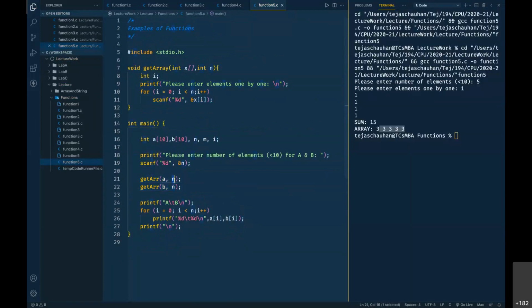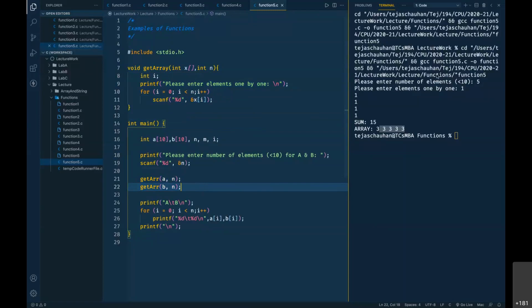And this n can be different also. This can be 5, this can be 10. It can vary because you can pass that parameter separately, size of your array. So that's how these functions can help us in shortening the actual code. जो ये 3 लाइन हम बार बार लिखते थे, हमने एक बार लिख दी, and now we are simply going to call that function. So this will work.